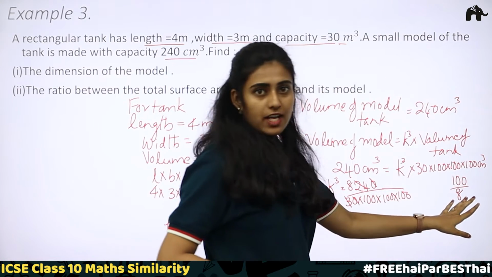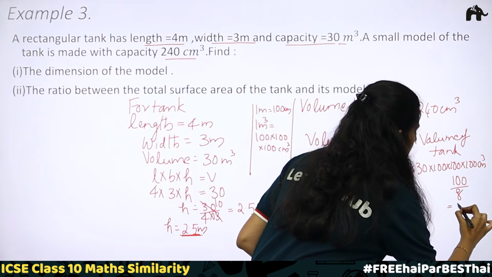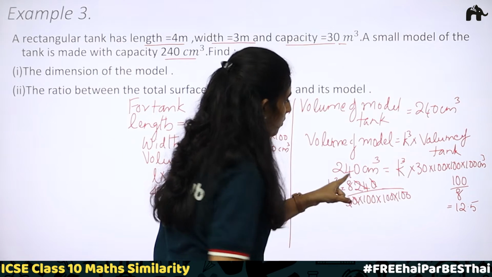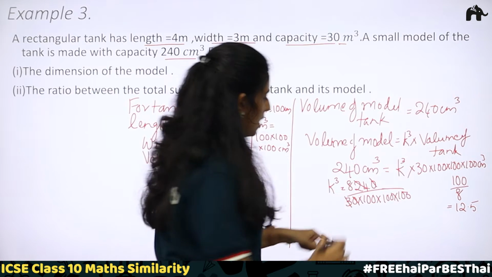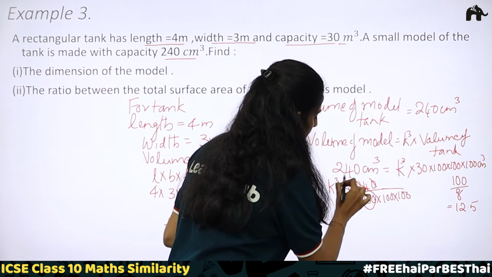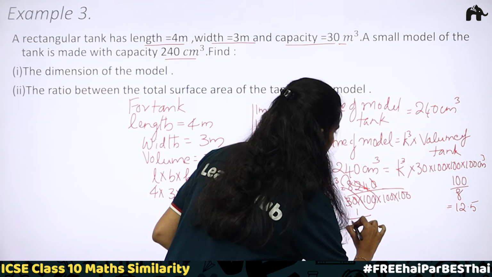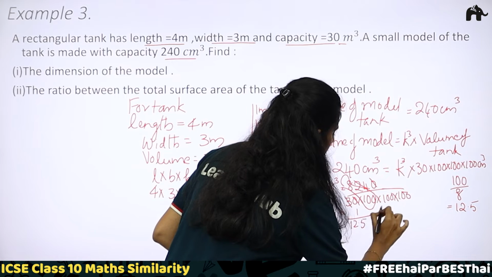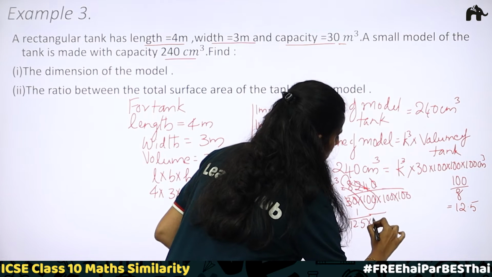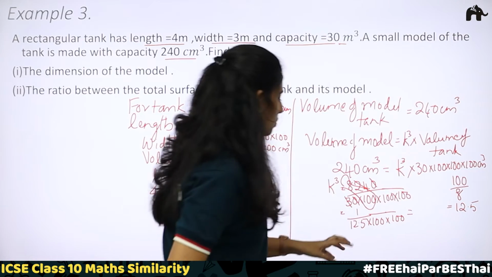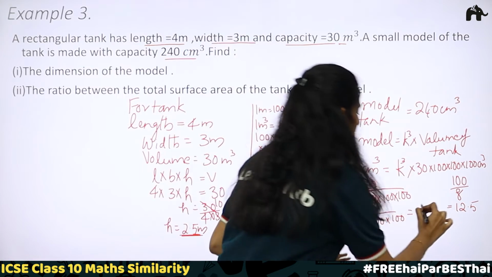When you do 100 divided by 8, we'll be getting 12.5. Okay. So, here 8 divided by 100, I am taking this part, 8 divided by 100 will be equal to 1 by 12.5. 1 by 12.5 into 100 into 100, which is equal to, I am removing these decimals,